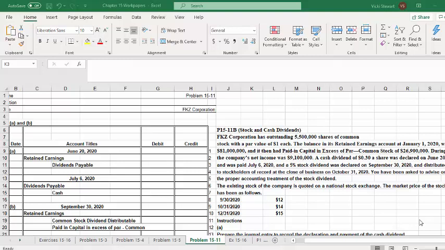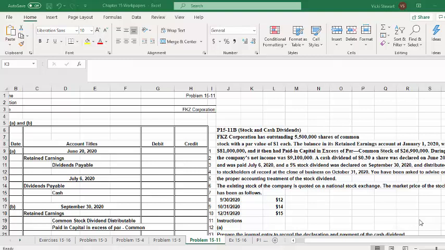This is a demonstration of problem 15-11B, stock and cash dividends. FKZ Corporation has outstanding 5,500,000 shares of common stock with a par value of $1 each. The balance in its retained earnings account at January 1st, 2020 was $81 million, and it then had paid-in capital in excess of par common of $26,900,000. During 2020, the company's net income was